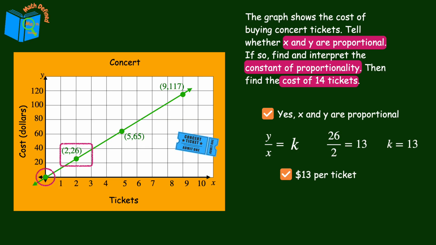Now to find the cost of 14 tickets, we'll use the equation for the line y equals kx. We'll substitute $13 in place of k and 14 in place of x, or the number of tickets. 13 times 14 is 182, so 14 tickets cost